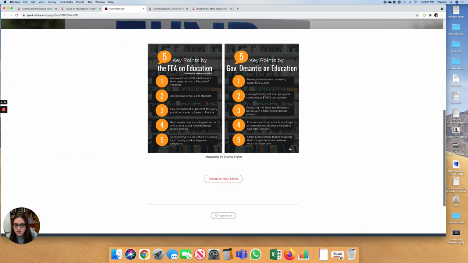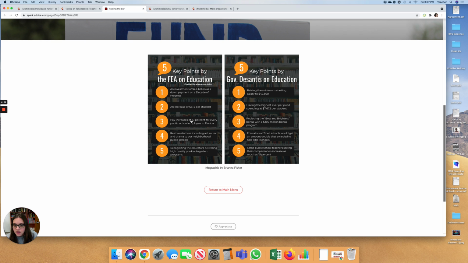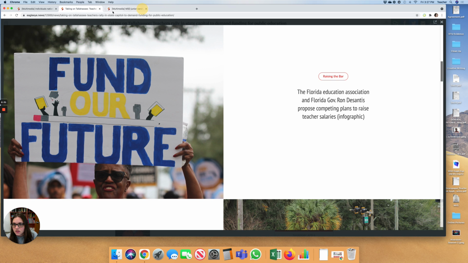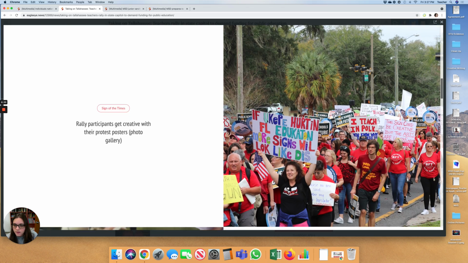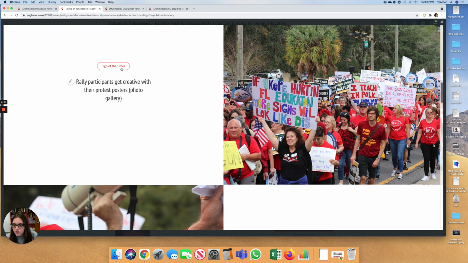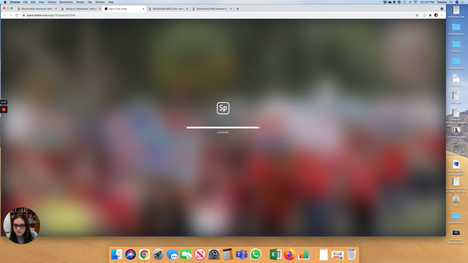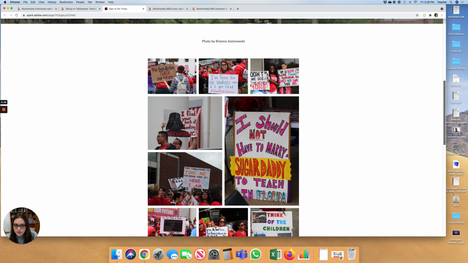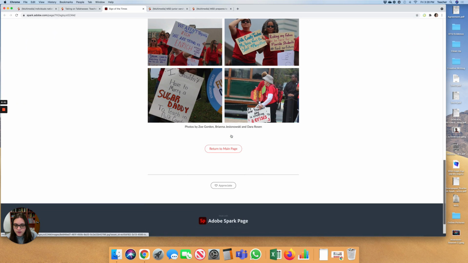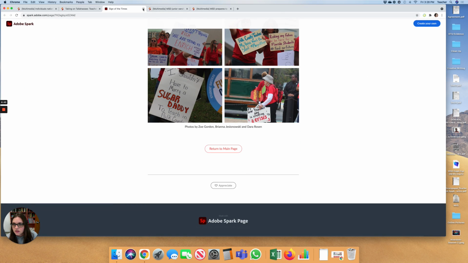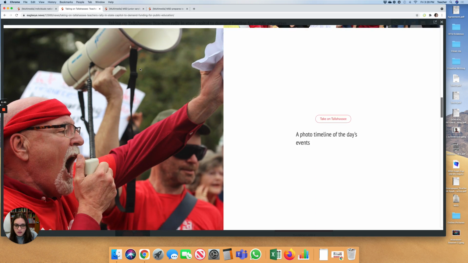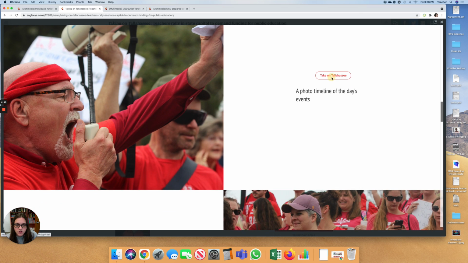Right, so this takes you to an infographic that compares what the FEA is asking for with education and what the governor was planning on doing as far as education funding is concerned. And then if we go back to the original piece, there's a photo gallery. So these are just pictures from the day, from the events. And then we also have a photo timeline,